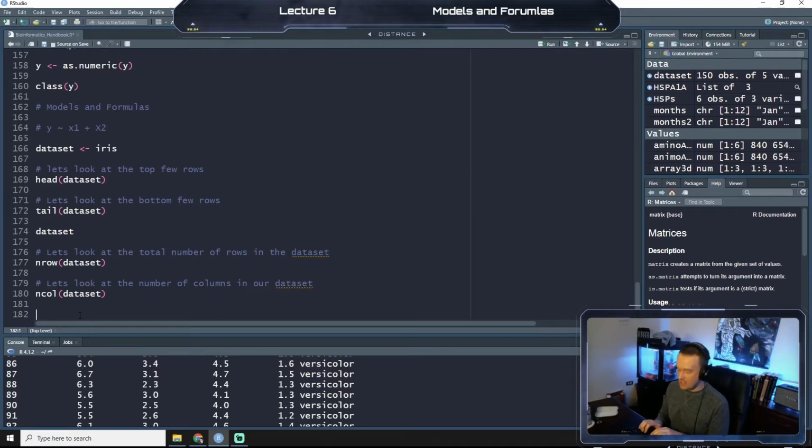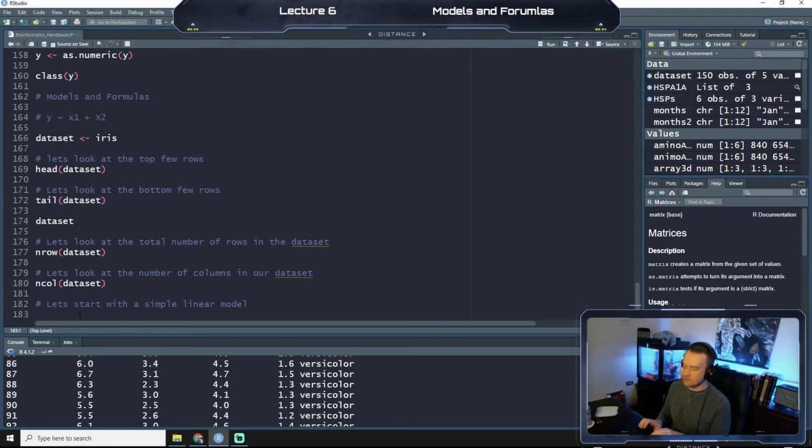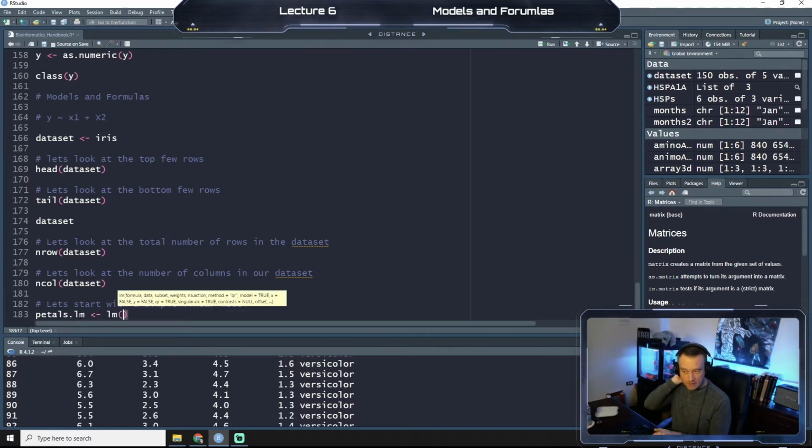So let's start with a simple linear model. What we're going to do is a linear model where we take petals. We're going to call it petals.lm, and we're going to do a linear model where our formula,